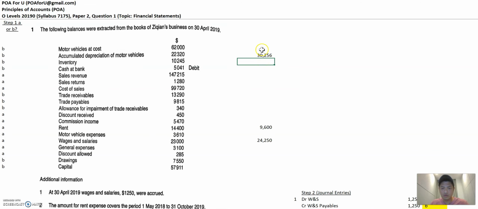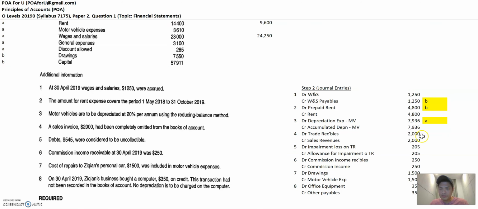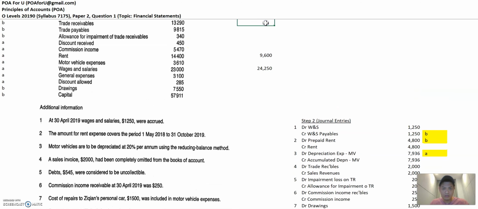So this is your new accumulated depreciation balance. Next, trade receivables, debit 2,000. Is it a debit or credit natured item? It's an asset. Assets are debit in nature. So if you debit 2,000, that means you are adding to this 2,000.